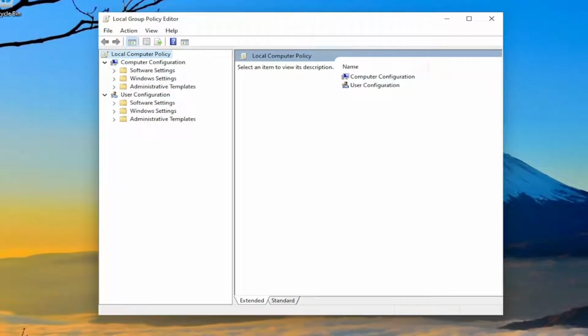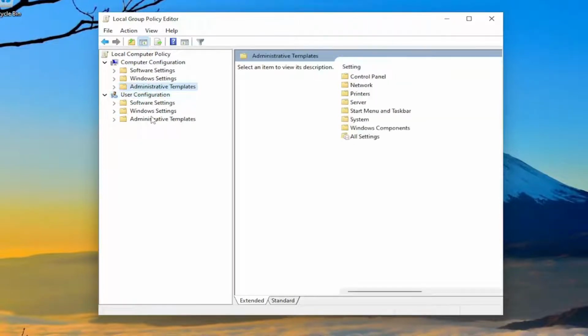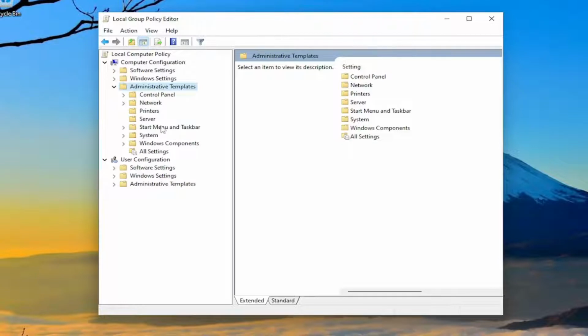And you want to double click underneath the computer configuration folder, so make sure that's expanded, and then double click on the administrative templates folder that corresponds to computer configuration, not the one that corresponds to user configuration, because you see there's two different administrative template folders here, by the way. So anyway, go ahead and double click on the first administrative template folder,